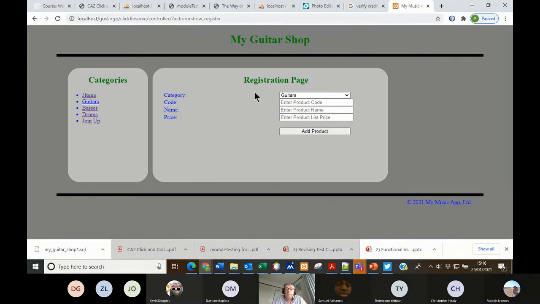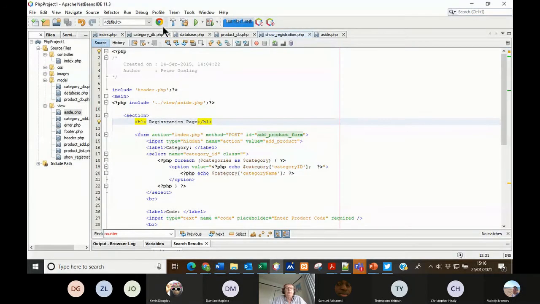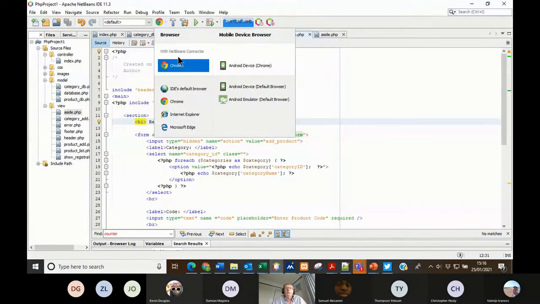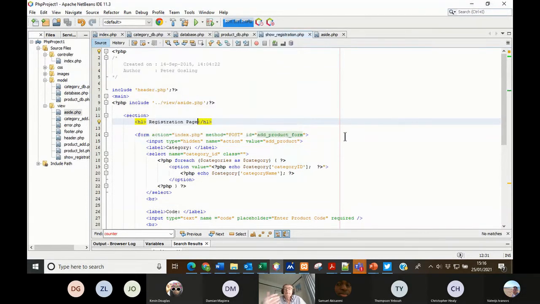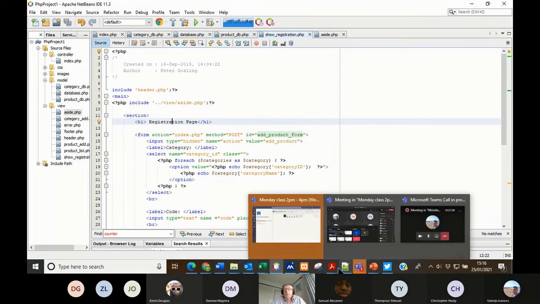Now, just for your info, the reason that changed automatically is because in my NetBeans, the browser type that I'm using is the browser Chrome with the NetBeans connector. That means whenever I save something, it will automatically update the page. Now, this is going to be the registration page. And if we go back to